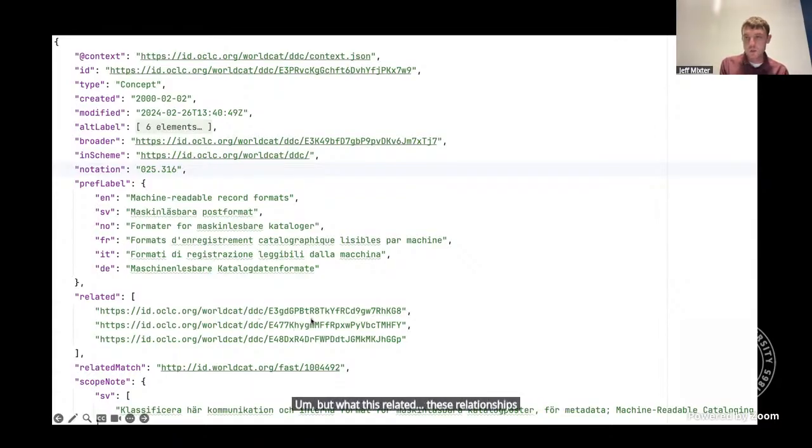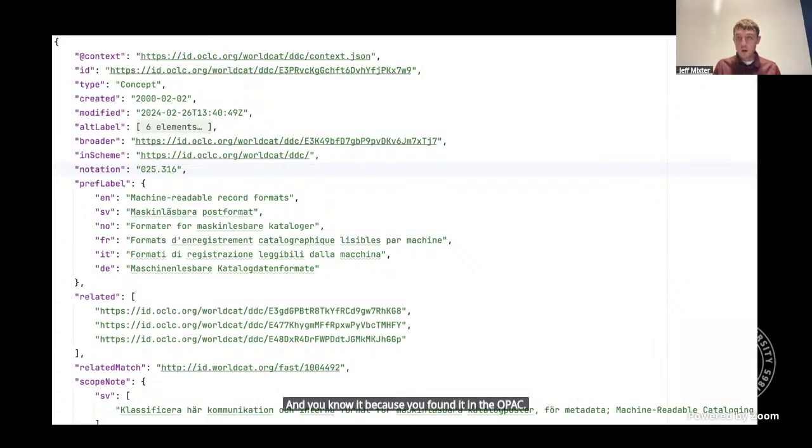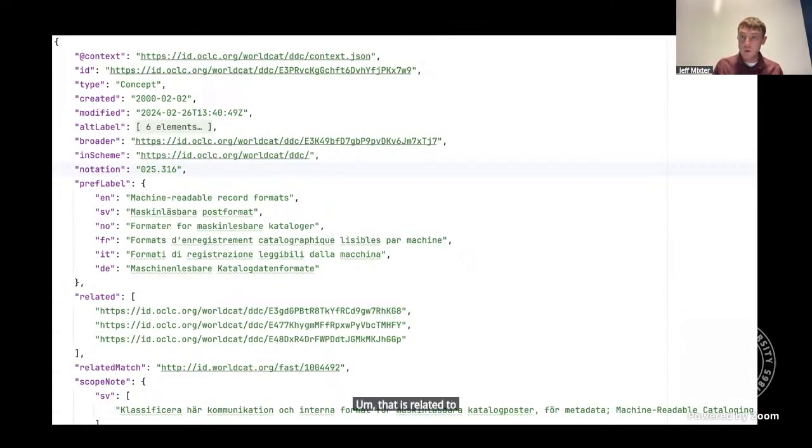But what these relationships allow you to do is potentially prompt or inform an information seeker or library patron that you have this book that you found on this shelf, and you know it because you found it in the OPAC. If you walk 30 shelves down that way, there is another shelf that has resources, at least a resource on it, that is related to the one you have in your hand.